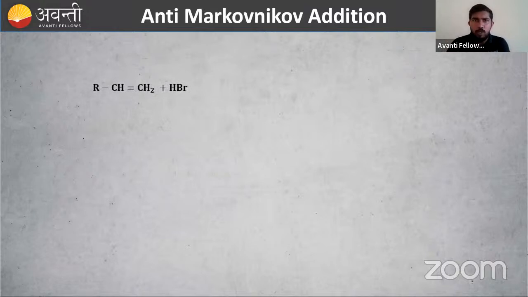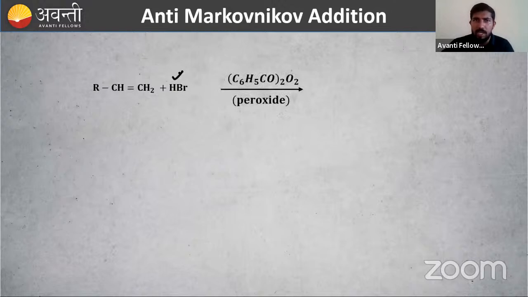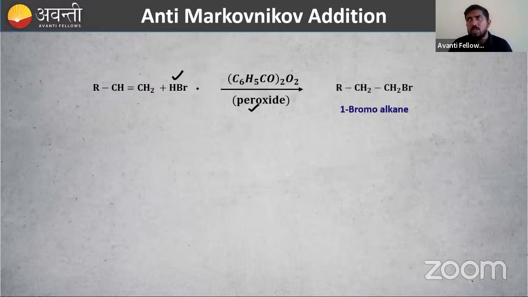So that is it. What about anti-Markovnikov addition? Anti-Markovnikov means it is opposite to Markovnikov, right? So what is anti-Markovnikov? We have HBr in the presence of a peroxide. So what will be happening opposite to that one? Markovnikov says that this hydrogen will go to the carbon with more number of hydrogen atoms. Here it is opposite. So check it. Here one hydrogen, here two hydrogens. So our new hydrogen should be coming to this carbon. Is it correct? No. Actually, to this carbon, a new hydrogen is coming. It is opposite to Markovnikov's rule. That is why it is known as anti-Markovnikov addition.